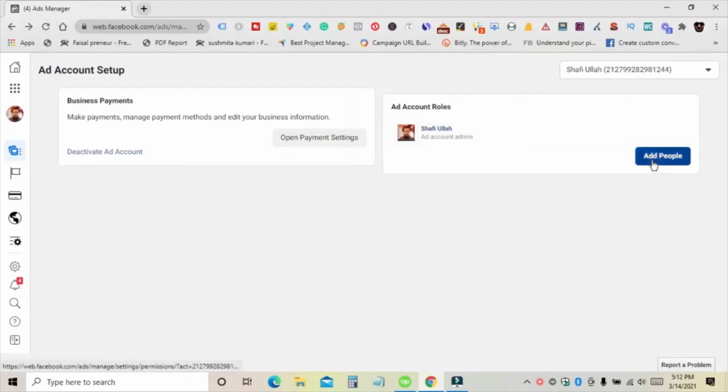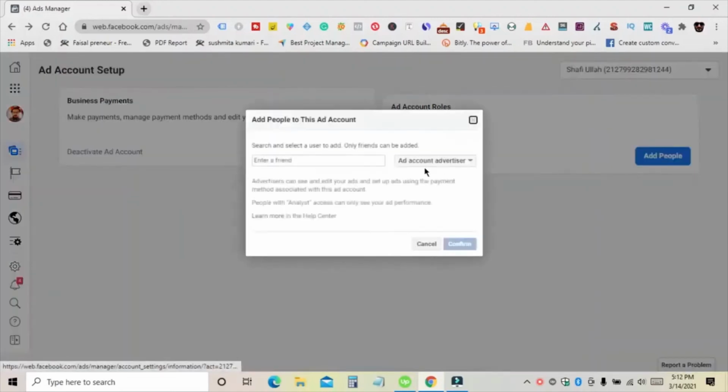When you click on add people, it will ask you to enter a friend. This is very important to bear in mind: the person you're going to add to your ad account should be your friend on Facebook. If he's not friends with you on Facebook, you will not be able to find his name by entering into this field, right? So once you have selected his name,